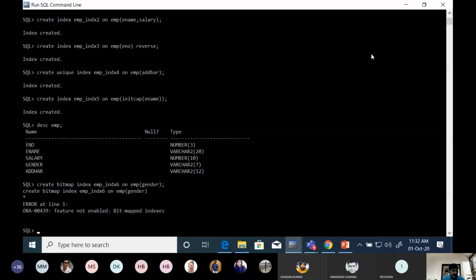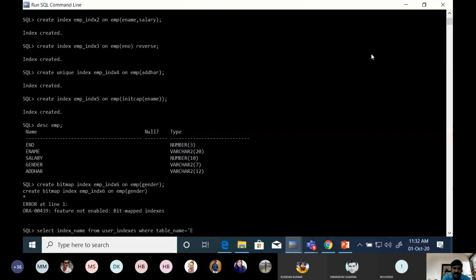Now all the definitions are stored in a data dictionary. So suppose we write: select index_name from user_indexes where table_name equal to imply.